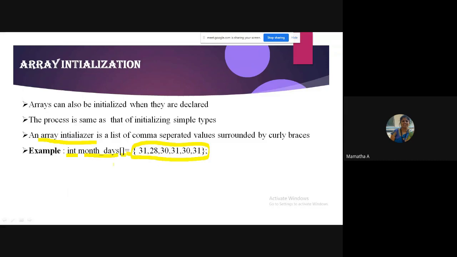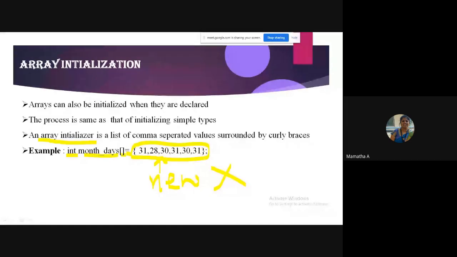And you can observe here, did I use new? In this case, the new operator is not required. Now you might ask, ma'am, then how much memory will be allocated? Based on the values that you give in your initializer.